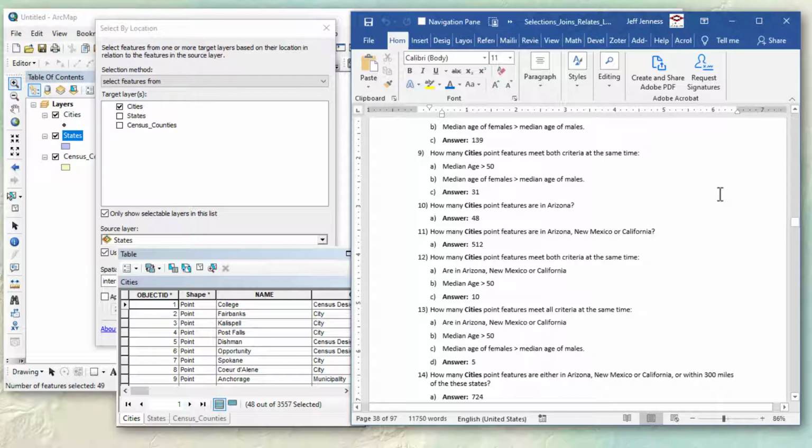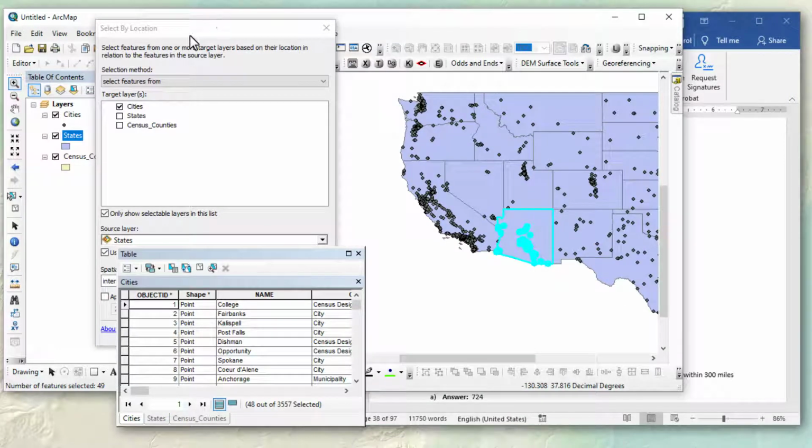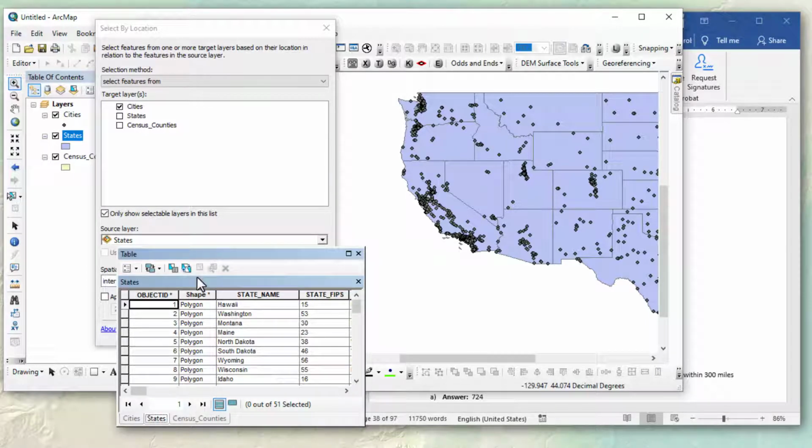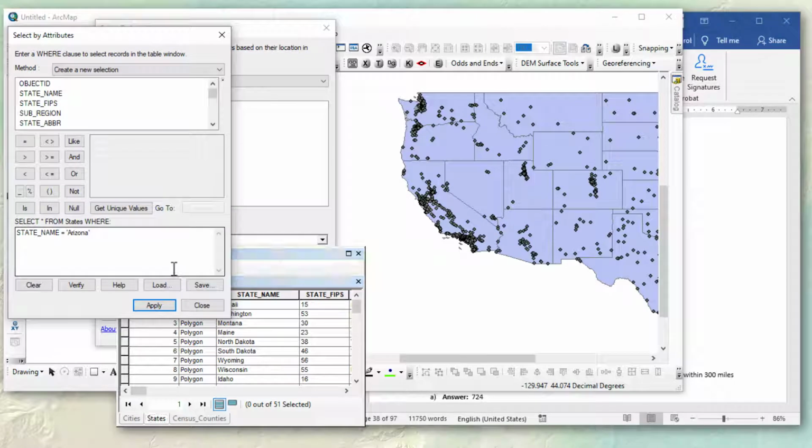How many cities, number 11, how many cities' point features are in Arizona, New Mexico, or California? So I'm just expanding this to be 3 states instead of just 1. I'm going to clear out all my selections here. So first step is I have to select the states of California, Arizona, and New Mexico. I'm going to do that initially with a select by attributes the way we did before, where I already got Arizona figured out. Now I'm going to do or state name,